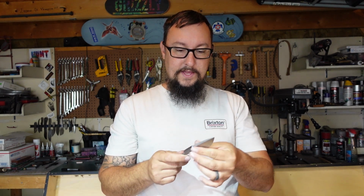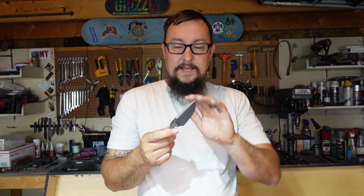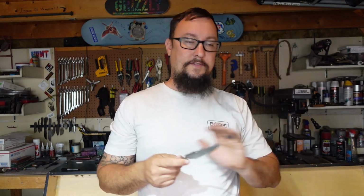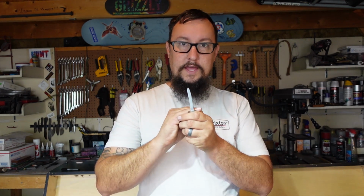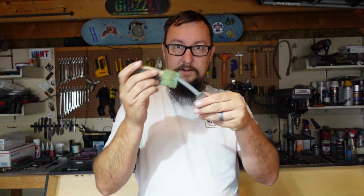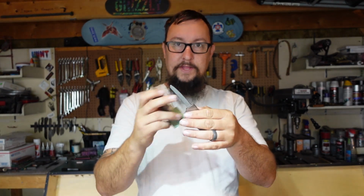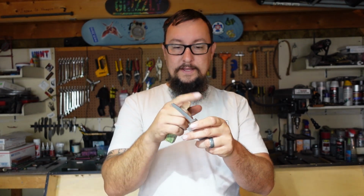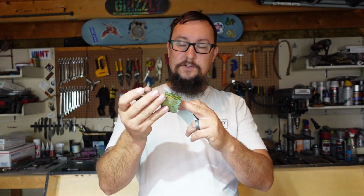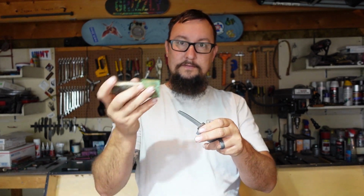Now the whole point behind that is, with this being a hidden tang, I can do all of that stuff, get everything fully done, and then just start focusing on the handle, because everything is separate. It's all done separate. We get the blade all done, and then we can go ahead, start working on our guard, get that done. Then we can start working on our handle, get that all done,